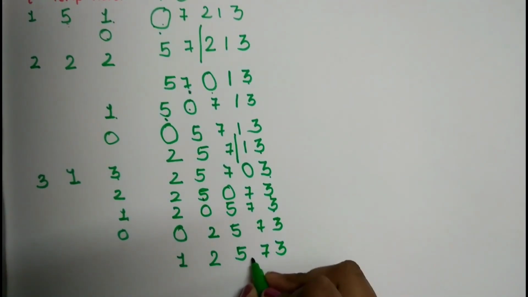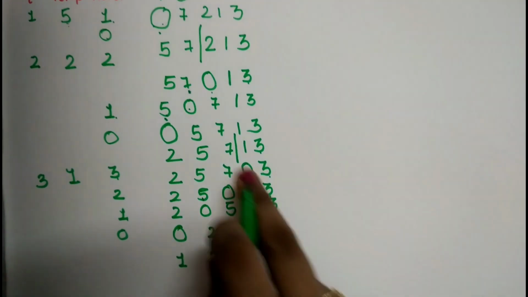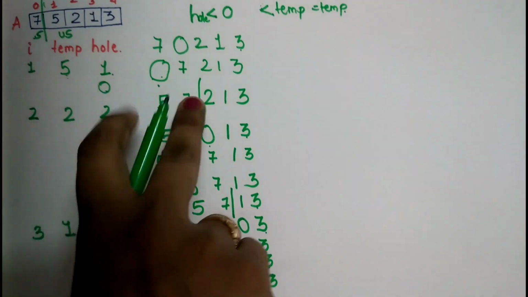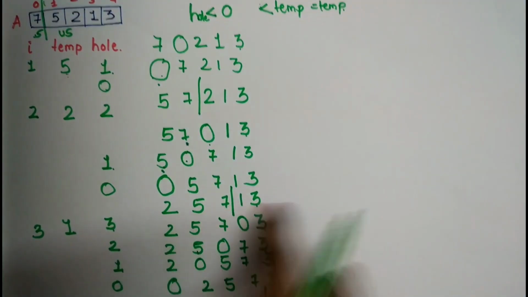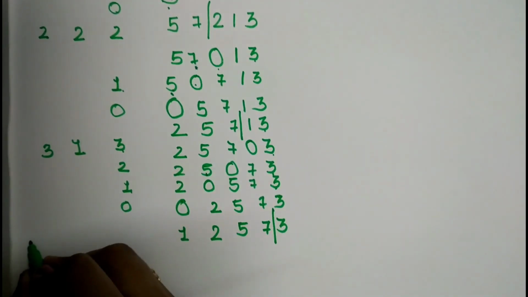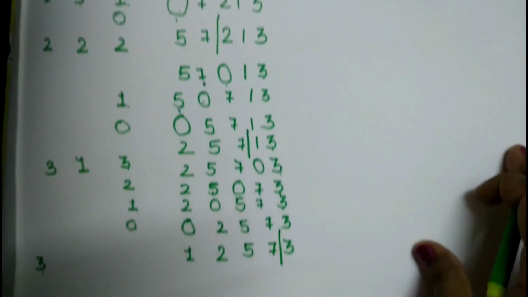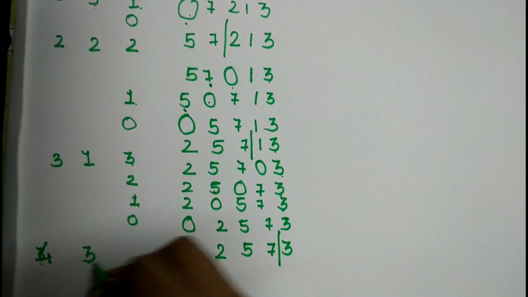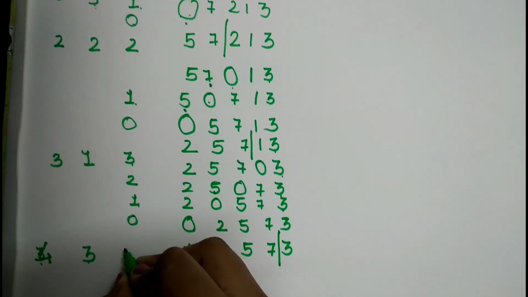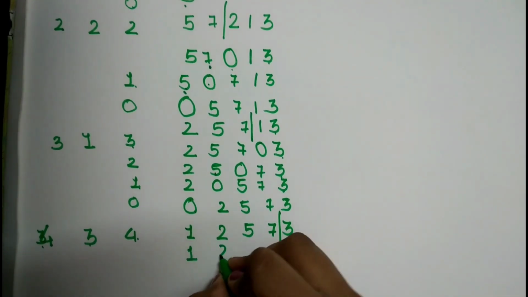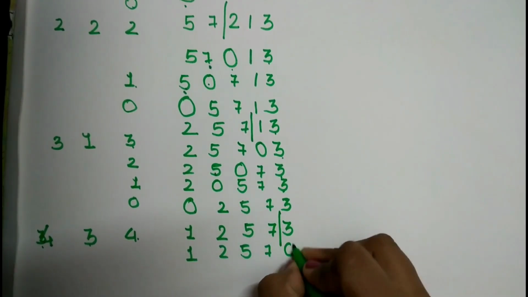Now we can see that 4 elements are sorted now. The sorted part has been increasing one by one, right? It was first 1 element, then 2 elements in the sorted part, then it became 3, then it became 4. Now we remain with the last element. So now let's consider the value of I as 4, which is index 4, and the value inside it is 3. The whole will be created at obviously location 4. So now my array somewhat looks like 1, 2, 5, 7, and here is my whole.